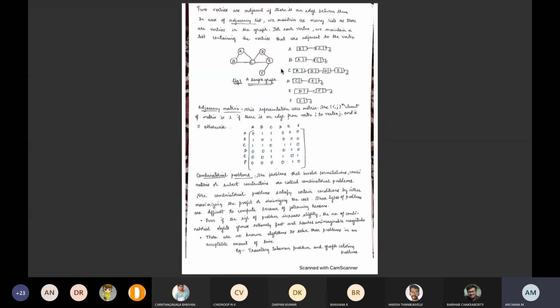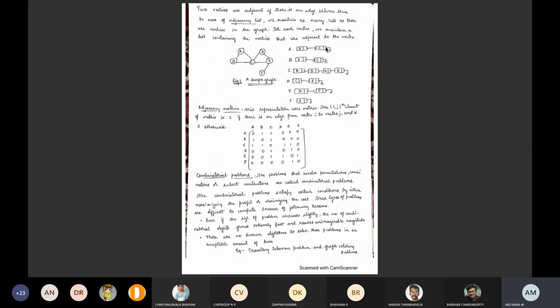Look here. These are all vertices A, B, C, D, E, whatever we have representing. These are all vertices and the lines are known as edges. You can represent this in the form of a linked list. I taught you this also. Look here, you have to take node A and see what its adjacency list is, that is, node A is connected to how many nodes. A is connected to B and C.